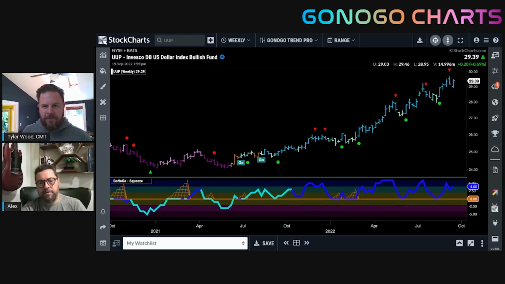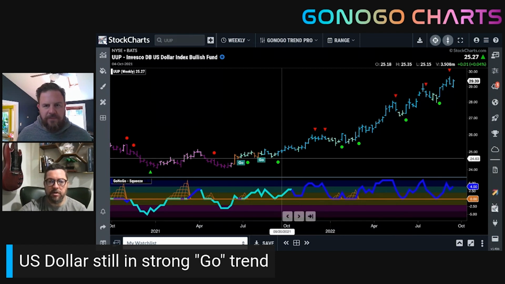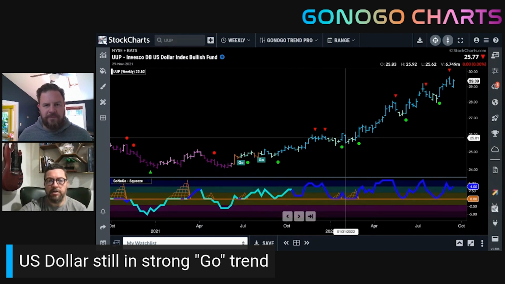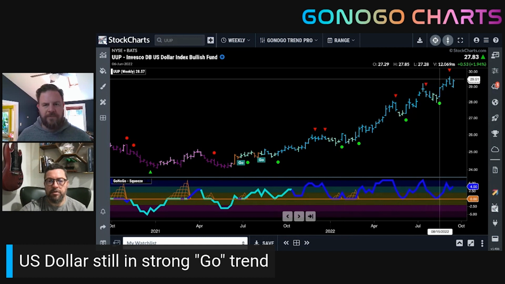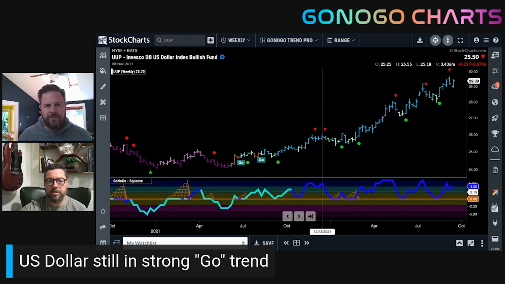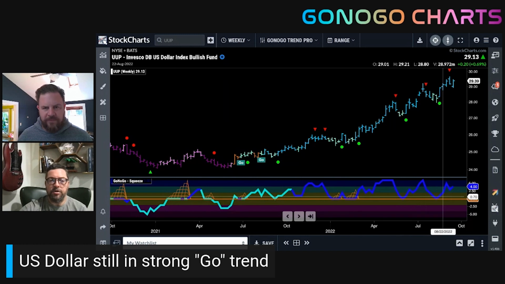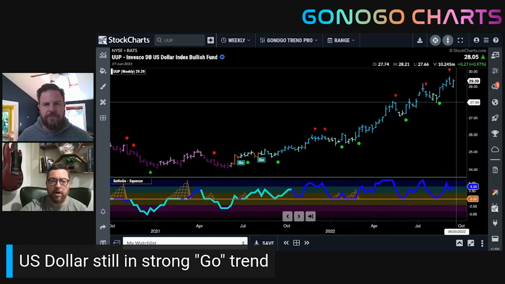Very, very clean go trend on a weekly basis. You can see just a series of higher highs and higher lows, really continuing through the chart. The oscillator, once it had broken above the zero line, found support continuously at that level throughout the trend. So we're really, according to the technicals baked into the calculations, still in a strong go trend